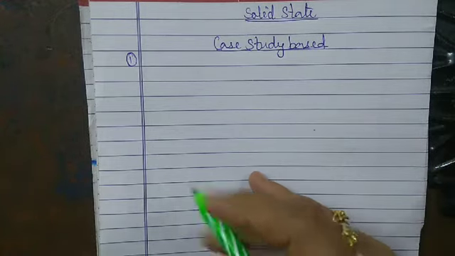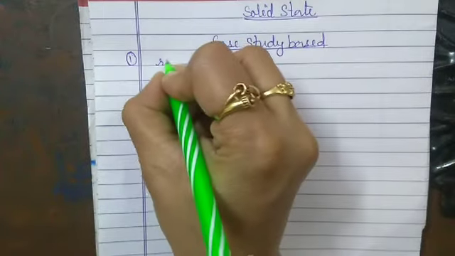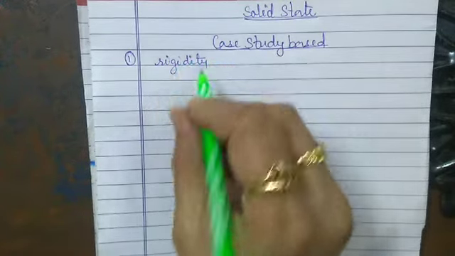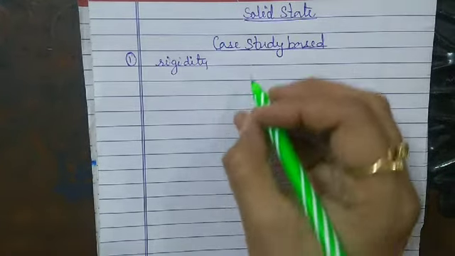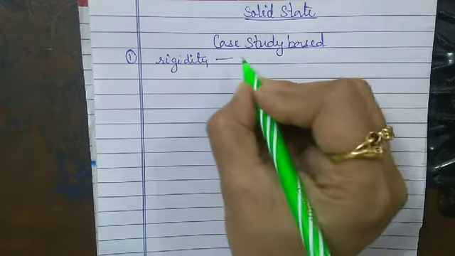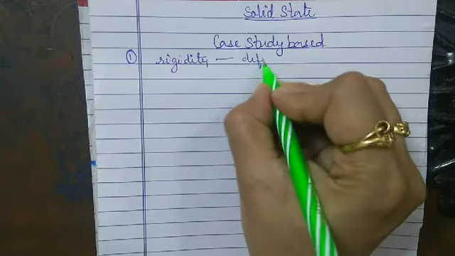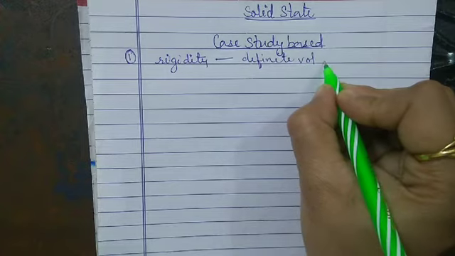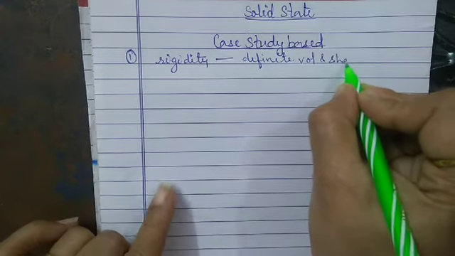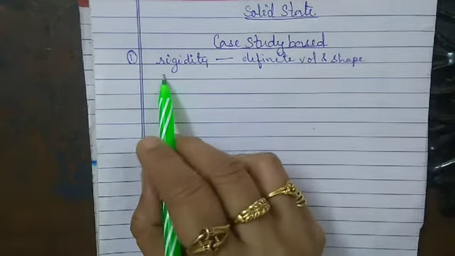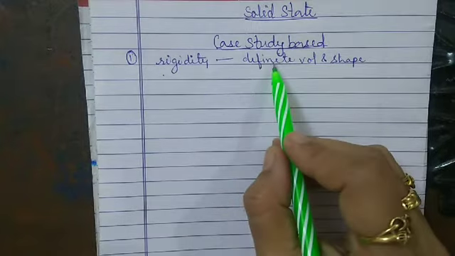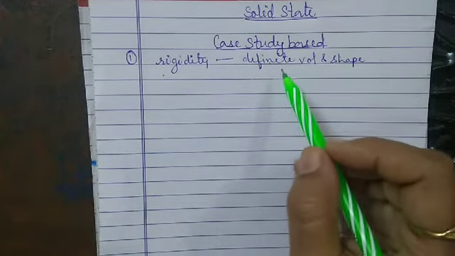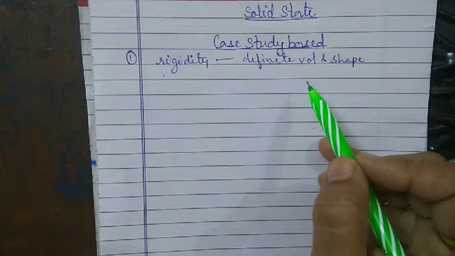form of matter which possesses rigidity. We all know the solids are rigid, and hence if the rigidity is there, it means they have definite volume and shape. Because of the rigidity, we know that the volume and the shape both are definite, and